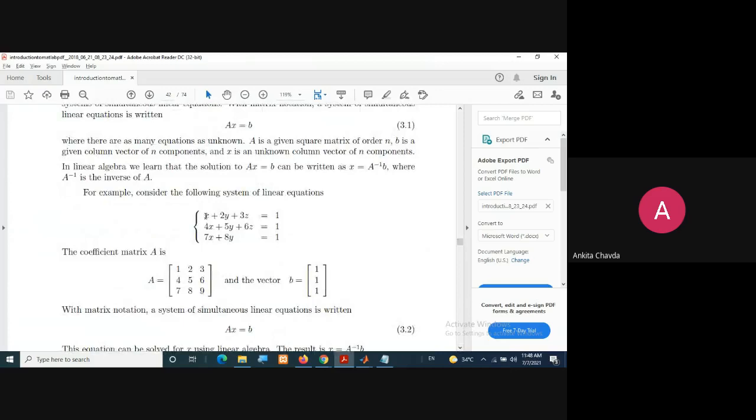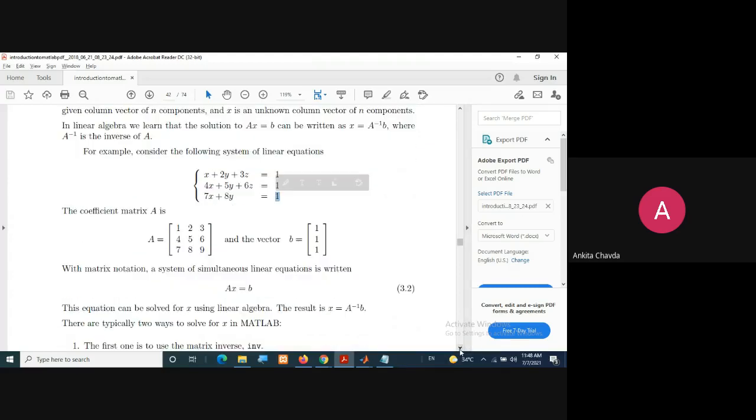Here is your linear equation: x plus 2y plus 3z, 4x plus 5y plus 6z, 7x plus 8y plus, there is no z, equals 1. So you take the coefficients 1, 2, 3, 4, 5, 6, 7, 8, 0. Here is a printing mistake, this is 0. And your vector b, that is your answer, is 1, 1, 1.